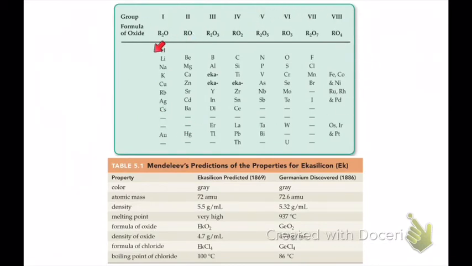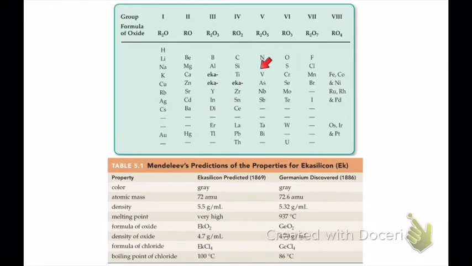So he noticed that when he arranged the elements in increasing atomic mass and in columns, he noticed these empty spots here. Okay, and he realized that these empty spots are for elements that haven't been discovered yet. So the beauty of using this table that Mendeleev had created is that you can make predictions. You can predict the physical and chemical properties of those elements that haven't been discovered yet. And so,